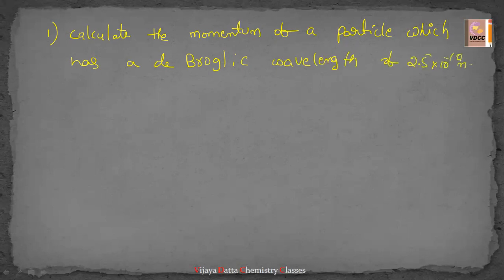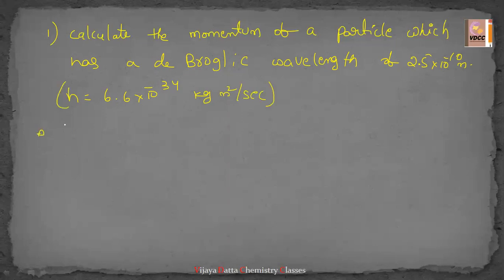Even while I am writing the question, it helps you students to concentrate more. We have to read the question while doing the applications two times or three times. So while writing also you can understand this one. So already in the brackets they have given h is equal to 6.6 into 10 to the power of minus 34 kg meter square per second. So this data is also given.